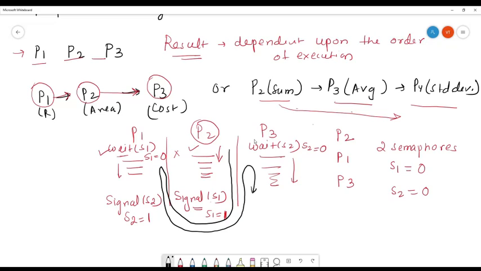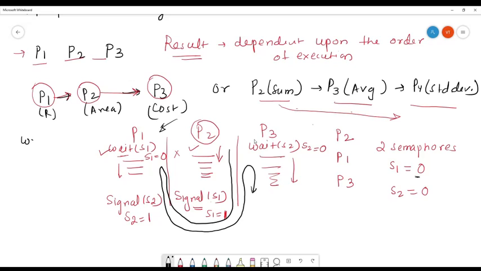Now if the operating system gives control to P1 first initially, what will happen? See, what is this? Wait S1. What is the initial value of S1? It is 0. So what will happen if the S1 value is 0?